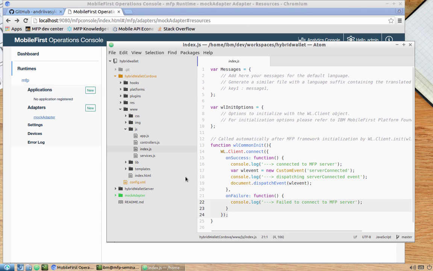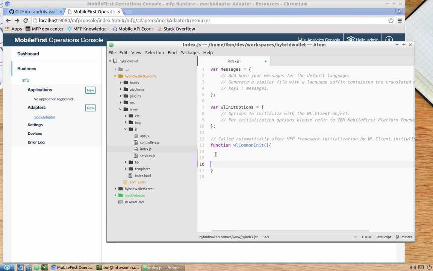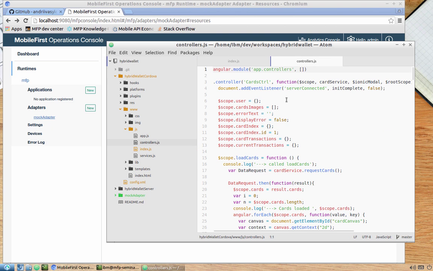So what we need to do is remove all the things inside and dispatch the event directly. That event was needed to make sure that we are not using Worklight-related APIs before the framework initialization. That's why in the controller nearby we were waiting for this event to be dispatched. Let's just rename it to something like MFP init event. That's it. And then we also need to change the controller where we declared the listener to this new name,